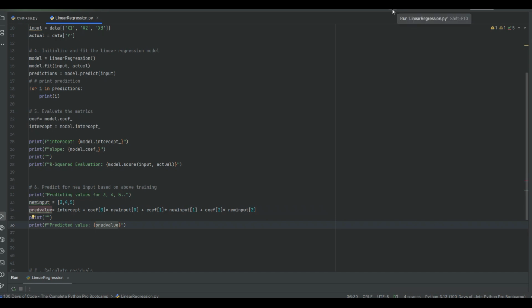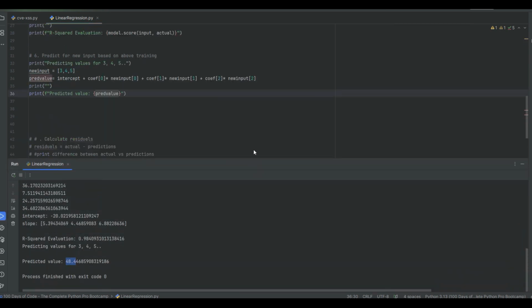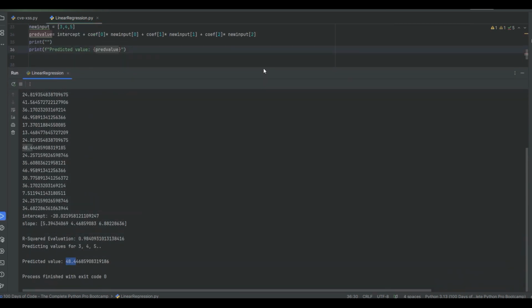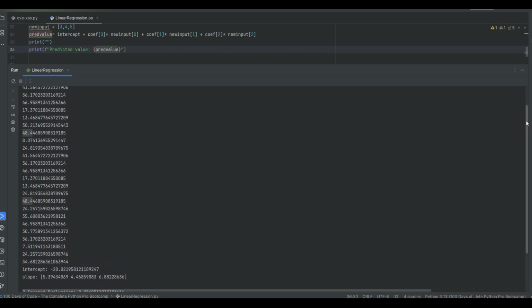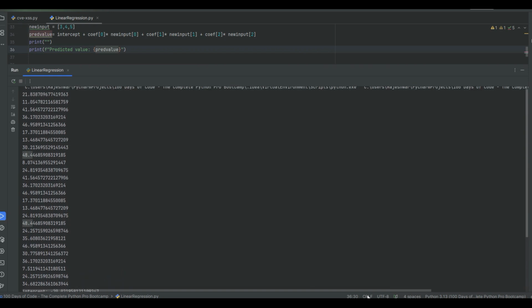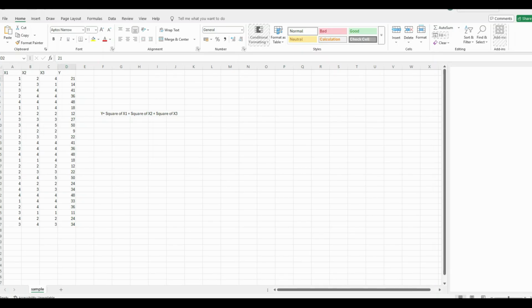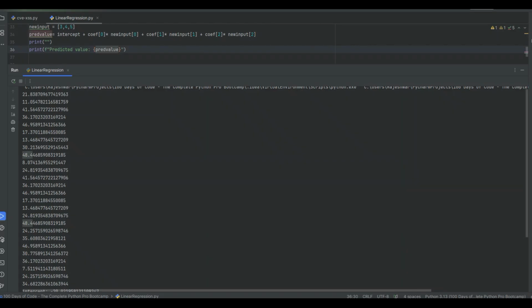When I run this Python file, what we get is all the predictions first as I printed it, and then these are all the predictions which pretty much match with the 21 and then 14, 11. There is a random small error which